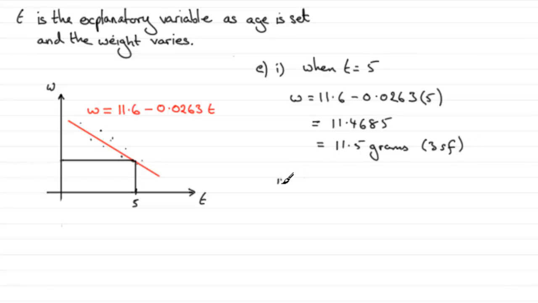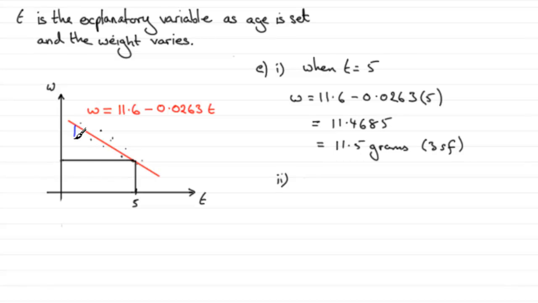Now the second part, as I said earlier, is worded slightly differently to what we normally get. We've got to use the model to estimate the effect of an increase of 4 years in age on the weight of the coin. So this is to do with the value of b. Quite often in previous questions you most probably have been asked to give a meaning to the value of b, the gradient here. And what is happening is that this is a negative value, and as we increase t, what is happening